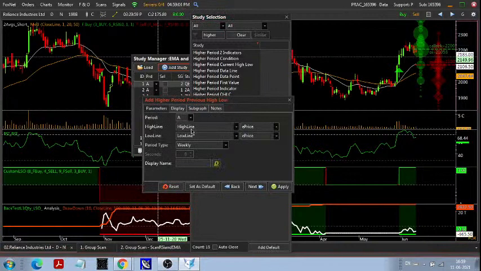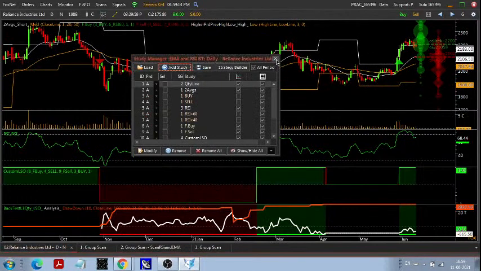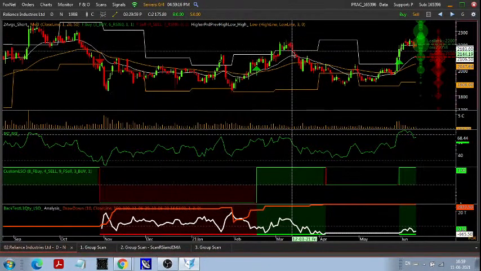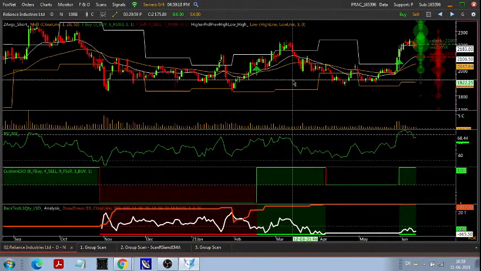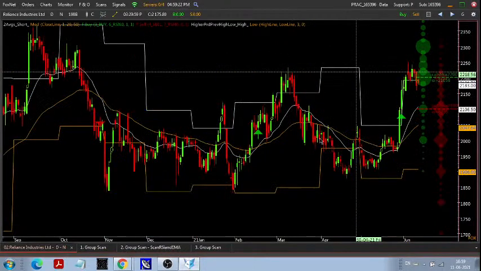Higher period, previous high low. Select the high line and then select month. So it will display the previous month high and low. This is displaying on the graph.